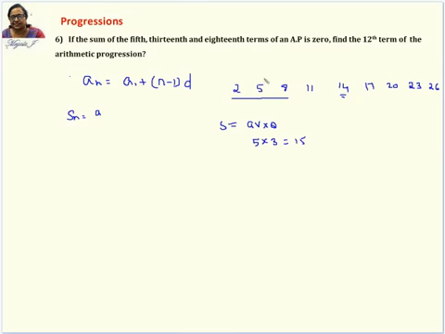I don't even know how many terms there are. I'm just taking 2 plus 26, whatever it is, divided by 2. So what's the answer? 14. So the average is 14. And if you want to sum all this, what are you supposed to do? 14 into how many terms are there? 1, 2, 3, 4, 5, 6, 7, 8, 9. 9 terms are there. So if you multiply, that's going to be the answer, because the average of these terms is 14.